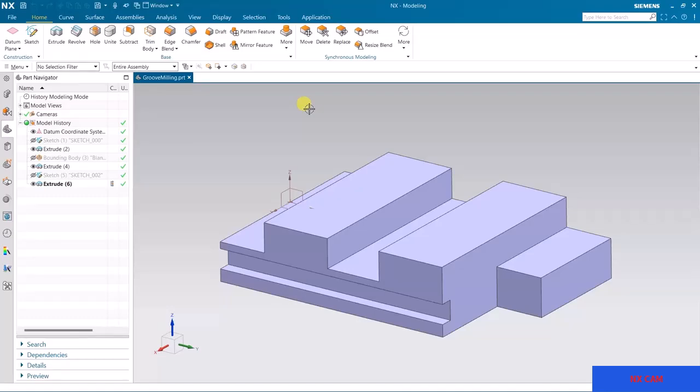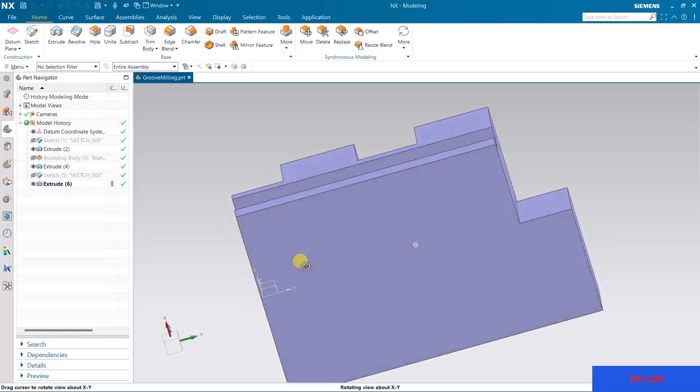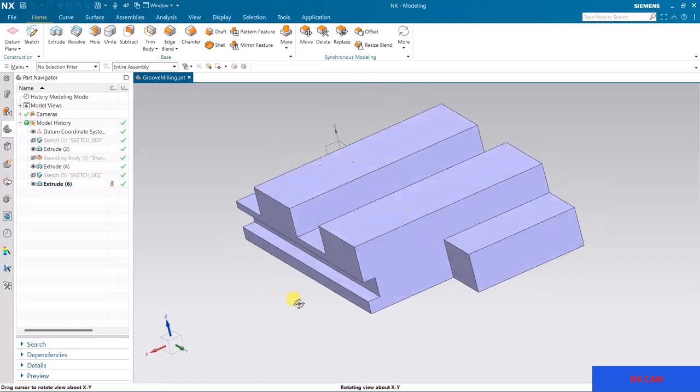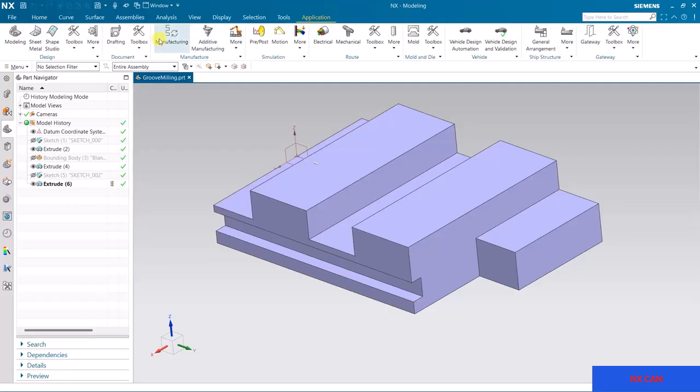Friends, today we have this model, and in this model if you will see we have one linear slot. So for this type of model we can create a groove milling. So let's go to the manufacturing,